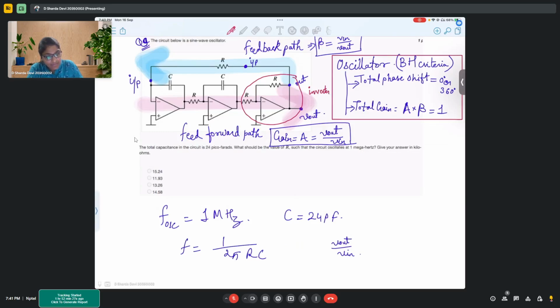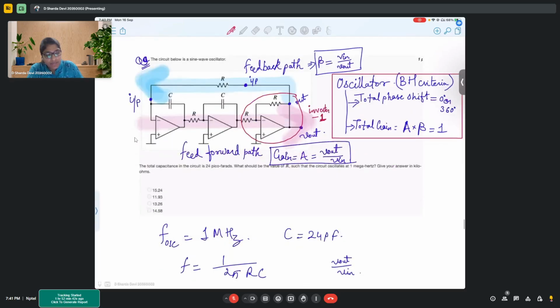What is the gain that we obtain from this inverter? -1. So it is an inverting op amp with a gain of -1. Here, what is the phase shift that we are obtaining from this particular one only? Phase shift is 180 degrees. So if we obtain 180 degrees phase shift from here, that means this should introduce a phase shift of